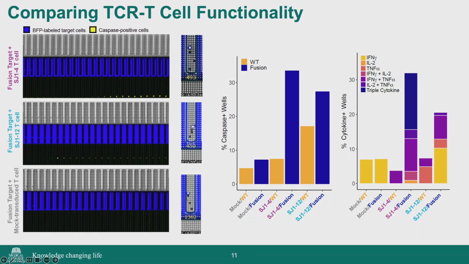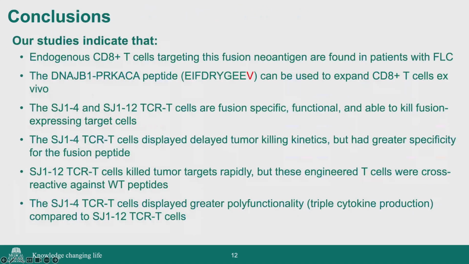And so in conclusion for this initial case study, I just wanted to highlight that we can induce these endogenous CD8 T cells in these patients to recognize these fusion genes. And this fusion gene was targeted and was able to expand CD8 T cells. We found that the SJ1-4 and SJ1-12 TCR T cells were both targeting the fusion, but they had differences in terms of their rate of cytotoxicity and the rate of polyfunction, or the amount of different cytokines that were being